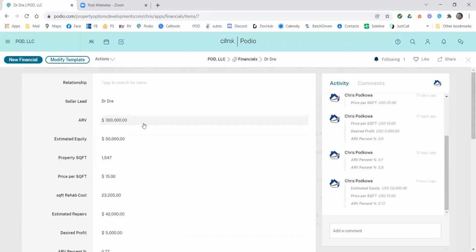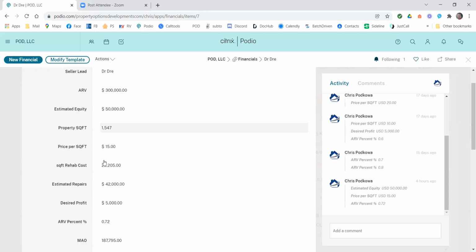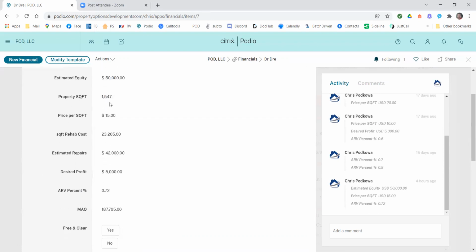Boom. The ARV, estimated equity, property square foot. So property square foot now is property square foot times your price per square foot. This is going to vary from state to state, from city to city. That's all going to be on you. So get with your buyers, find out what their low side of price per square foot is to their high side for their rehabs, and you can utilize those. This number has changed in between. However it is that you want to look at it, it's square foot times this gives you your